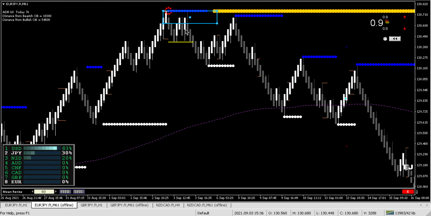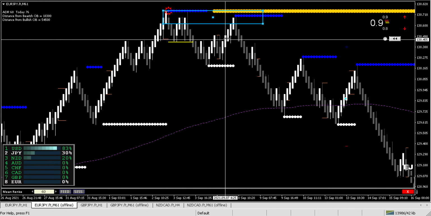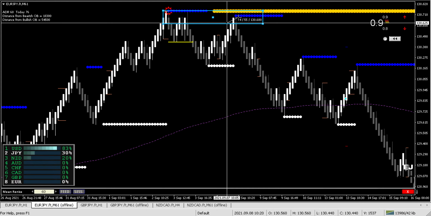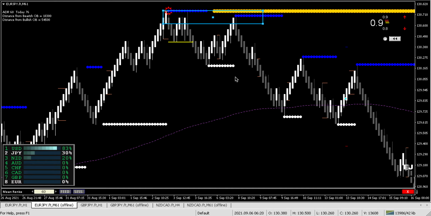I mean, we could have used even this order block down here if you wanted to, and just bring it down, as you see, and it would have definitely tapped into it. But you could have just left it there. That's what I would have done. I kind of just left it at the original order block, and you would have been negative, I think this was like 5 pips. Okay. So we see that it's recognizing that it has created